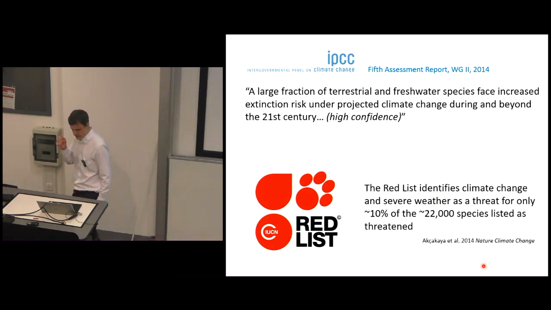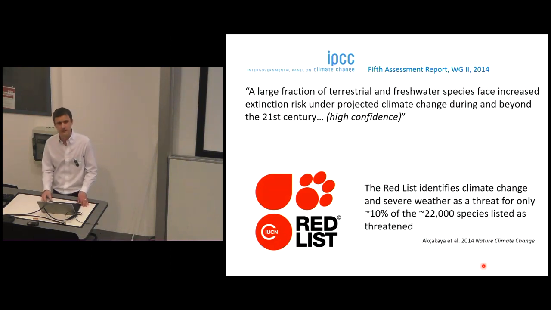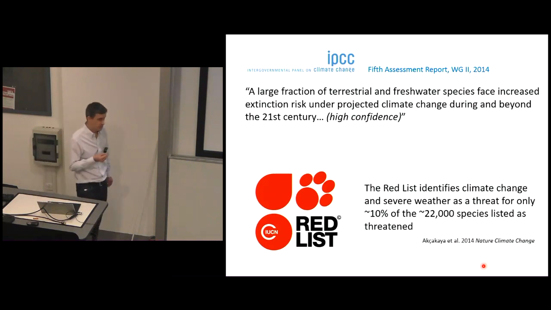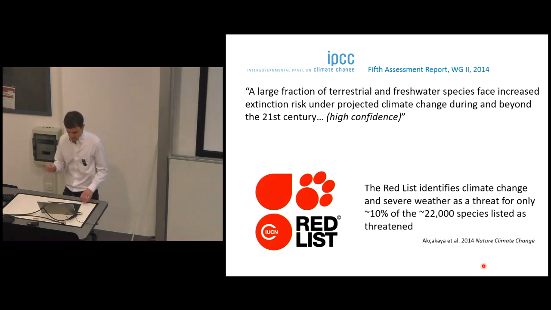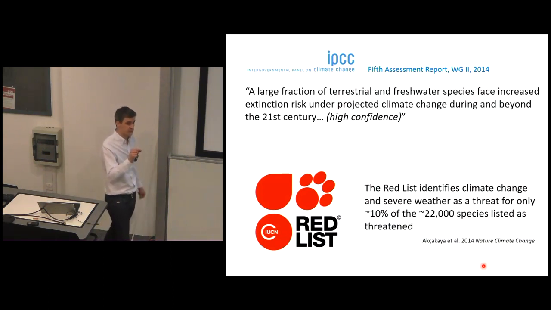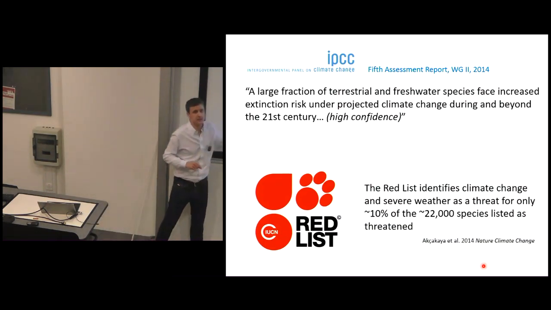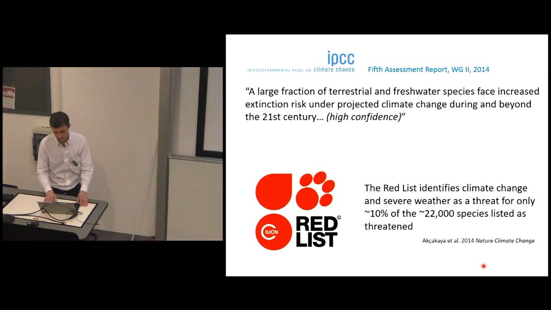So it raises really two key research questions that have been quite central to some of my work over the last few years. Firstly, what actually is the fraction of species that are threatened by climate change? What truly should we be looking at as this large fraction of species? And secondly, what are the attributes, the life history traits, that cause species to have high risk? The idea being, if we can identify those attributes, then we should be able to do better assessments. We should be able to list species as being threatened better than we currently do.